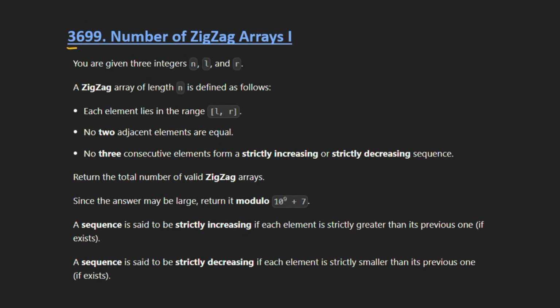So today's LeetCode question is 3699, which is Number of Zigzag Arrays Part 1. Basically, in this question we are given three integers n, l and r. And what we need to do is find a zigzag array of length n which follows these